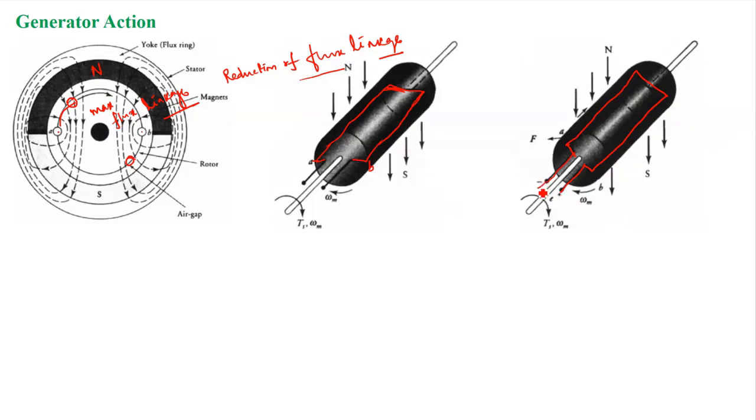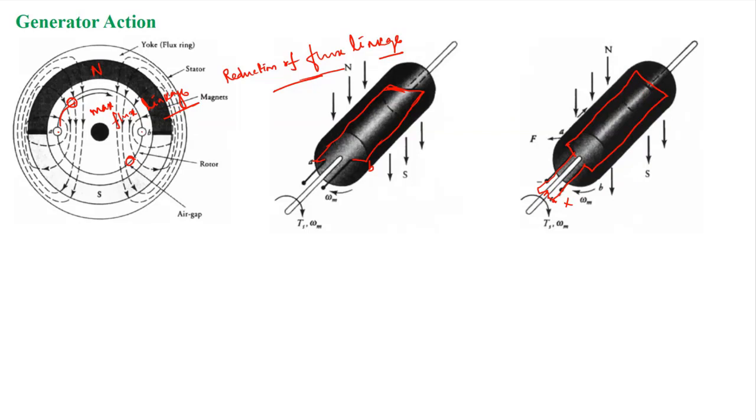That means if we put an external resistance here, right? So obviously the EMF will produce, and the current will flow in such a way that it will oppose the cause, right? So here the cause is reduction of the flux linkage. Therefore, it will help the flux to increase inside the coil, right? How will it happen? So now you can guess in what direction the current will flow so that your flux linkage will be strengthened